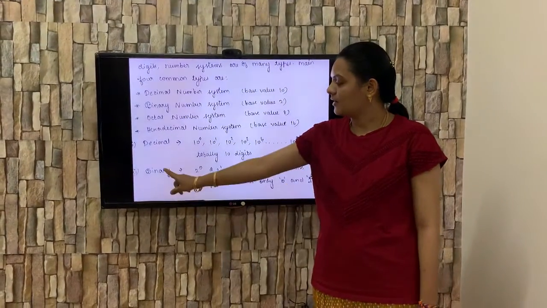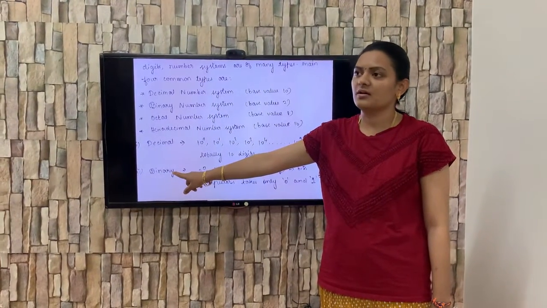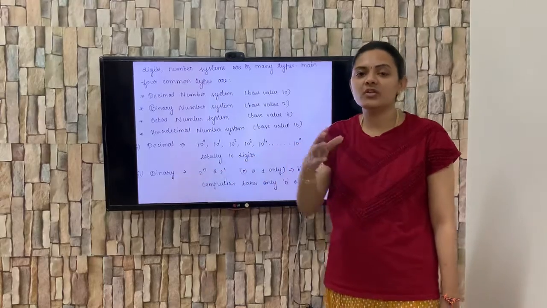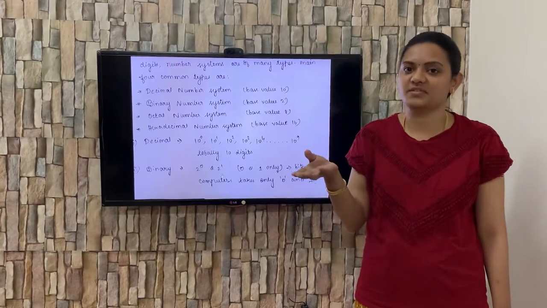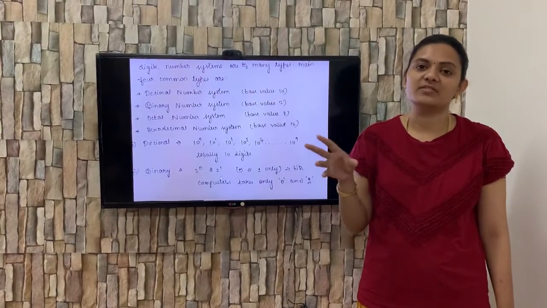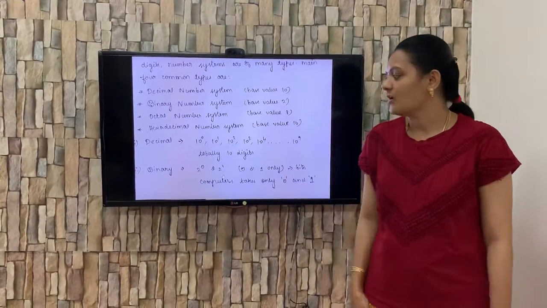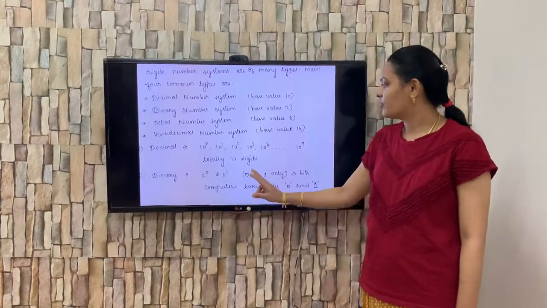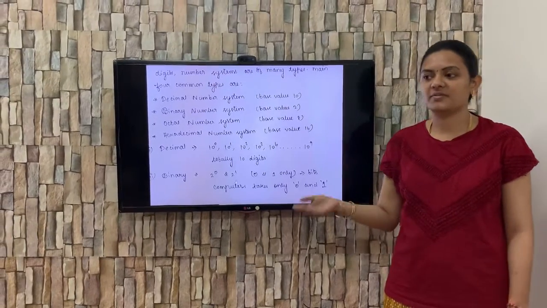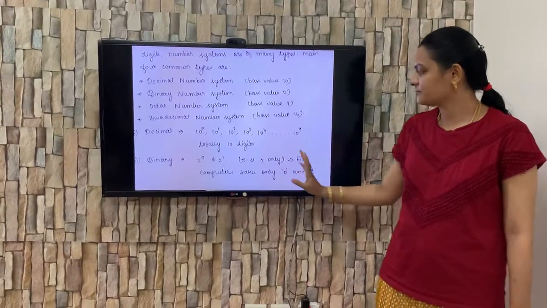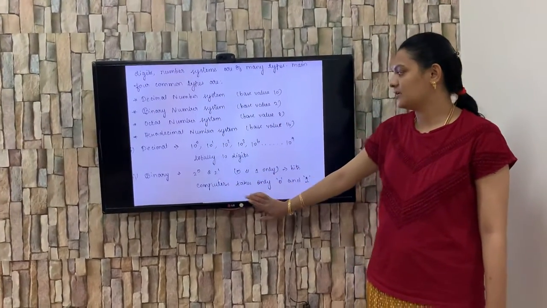And here comes the binary. We have come across binary in computer subjects and all. Usually in computer we will be dealing with only 2 numbers, 0 and 1. We used to call them bits because computer can read only 2 numbers, that is 0 and 1. Based on only those 2 numbers we are making so many codes, everything and all. So like that, here also binary system takes only 0 and 1, no other things. You cannot ask ma'am how about minus things or plus things, nothing, only 0 and only 1. 2 to the power of 0 and 2 to the power of 1. So this is the binary number system.